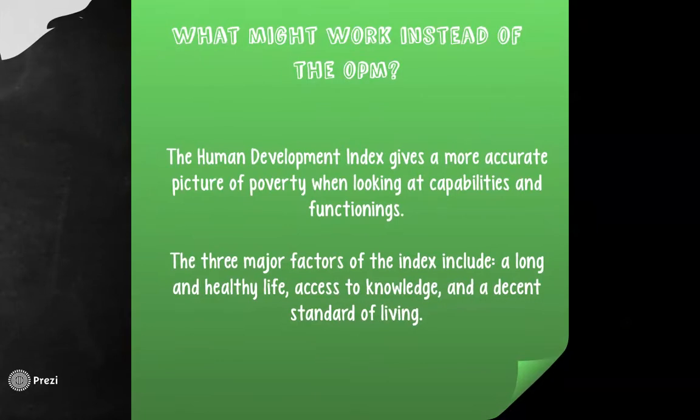So, obviously, there are a few holes in the OPM threshold that won't work for the purposes of measuring poverty today. We argue that the Human Development Index best serves people in the United States because it gives a more accurate lens when discussing the capabilities and functionings of a person. Well, what are capabilities? Martha Nussbaum defined combined capabilities as what we have the skills and context of choice to do and be. There are such capabilities that are basic, such as literacy, good health, and a "decent way of living." These are generally widely valued by members in any given society.